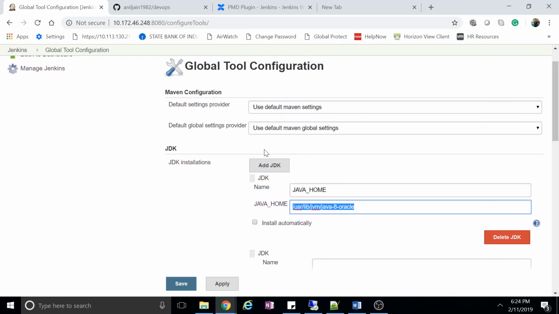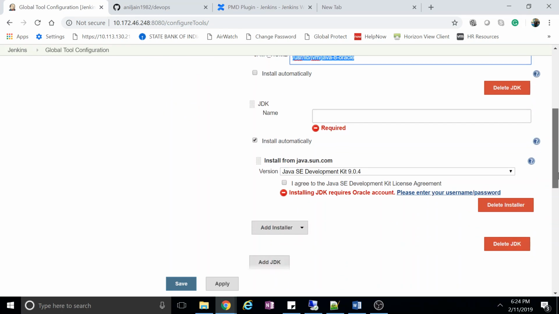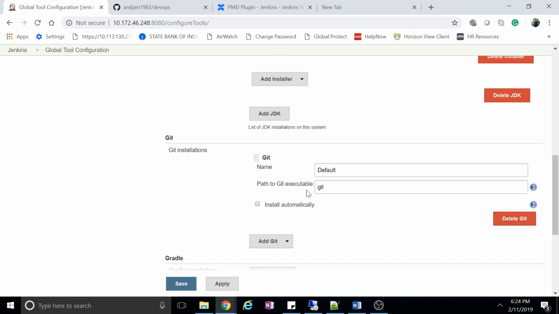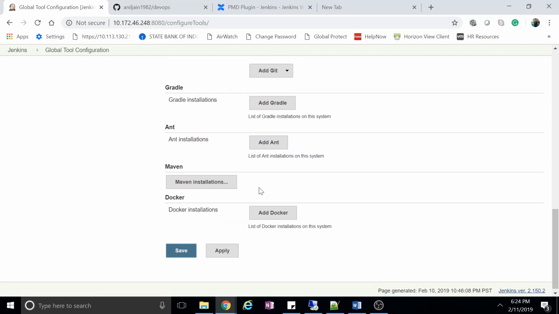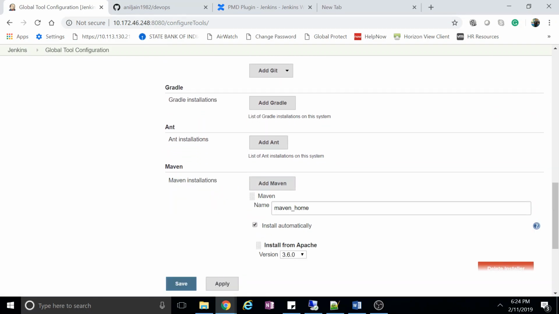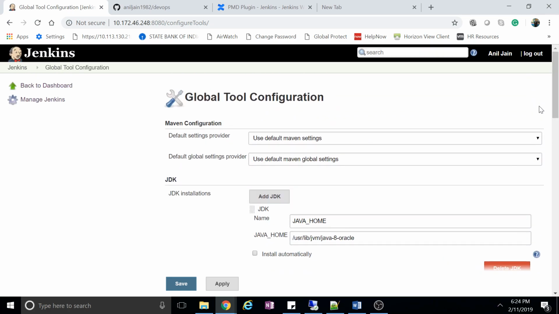Then after that we did Git, where we specify the Git installation. Then we did the Maven installation. Here we directly give a name, Maven home, choose install automatically, and provide the version. So all these things we did in the last session. All the tools are done. To create a job,